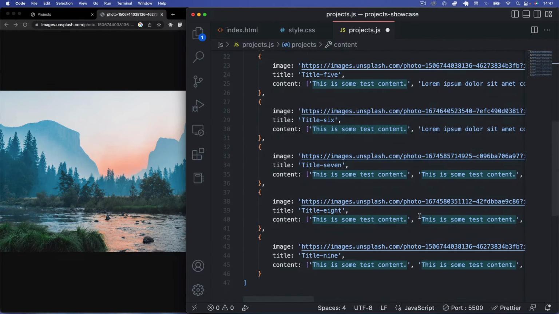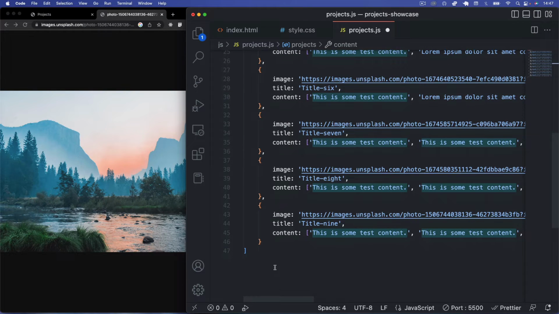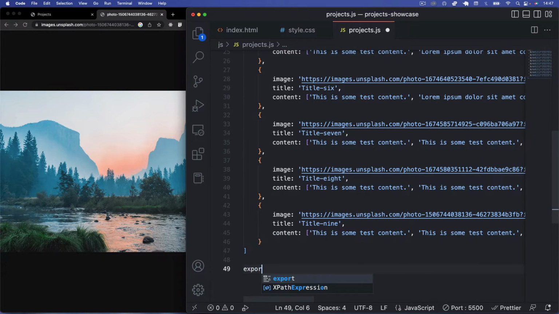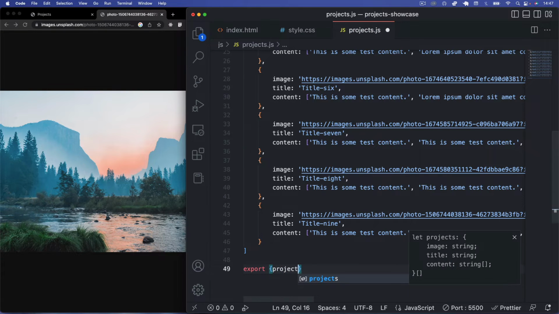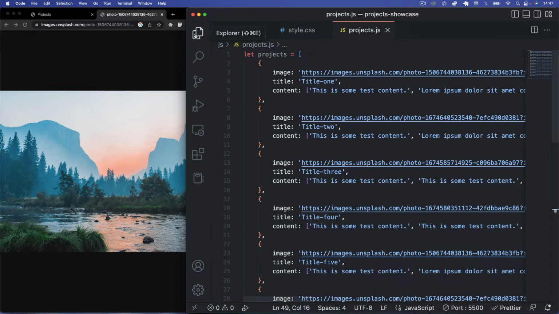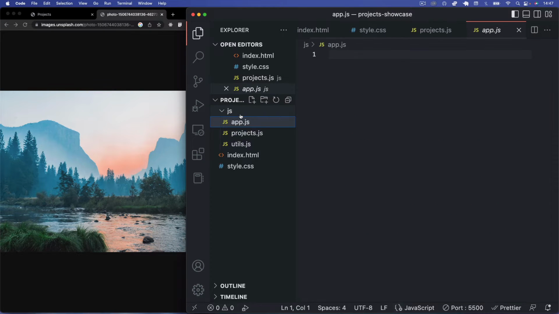Next thing we want to do here is export this. So we'll say export, and I'm just going to say projects. The only reason we're doing this in a separate file is just so we can save space in this app.js file. So now what we can do in that app.js file is we can just say